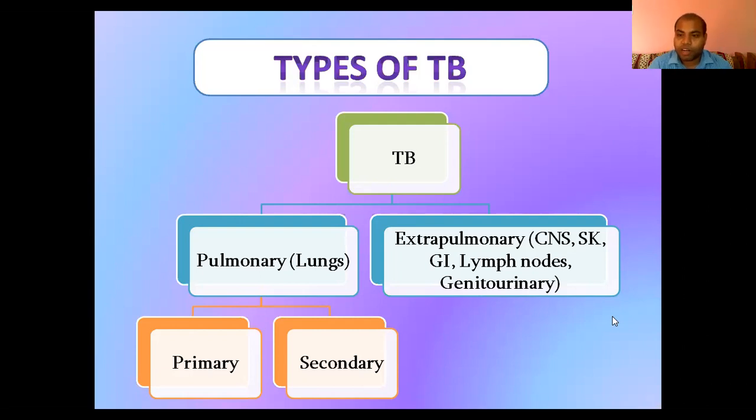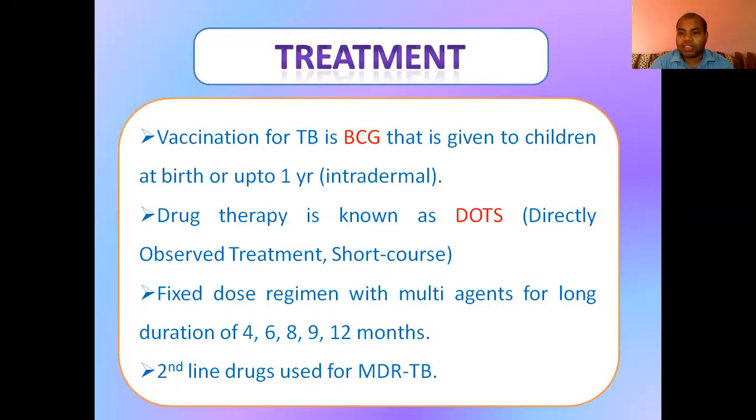Pulmonary TB is again classified as primary and secondary. Primary pulmonary TB means the TB is occurring for the first time, and the smear test, blood test or Mantoux test comes positive for the first time. So if the patient is facing TB for the first time, it is categorized as primary TB. After completing the course of TB or after recovery, if the patient is infected again, that is classified as secondary TB.